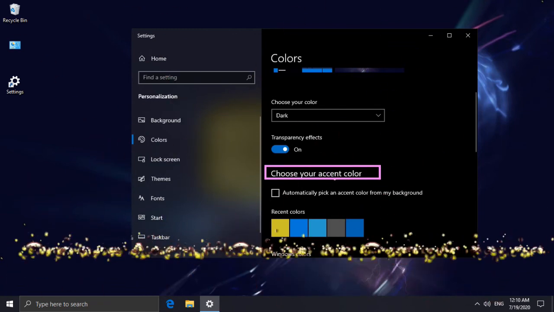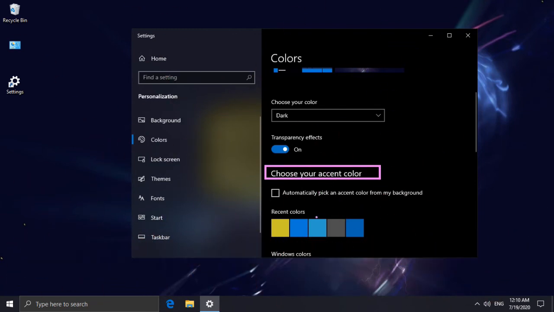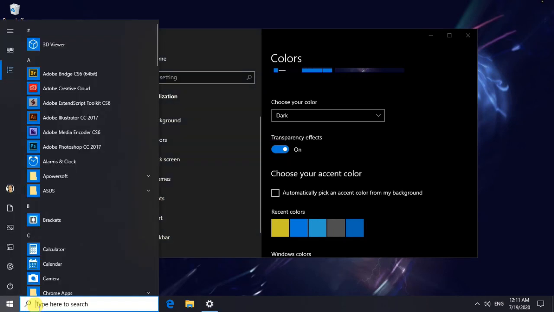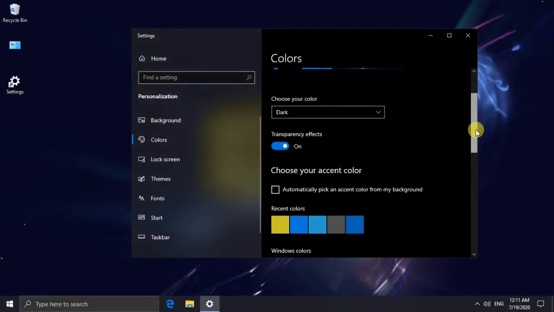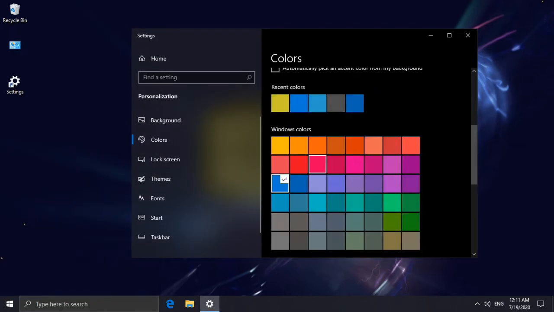What do you mean by this? Before I perform any tasks on this option, let me show you one thing. You can see here the color is blue. This bar is also blue. Even the search box border is blue. Even when I take the mouse pointer over the start button, it changes to blue. Why? Because when I scroll down, I have already selected blue color. By default, it is selected. Now it is written there, default blue color. That's why blue color appears